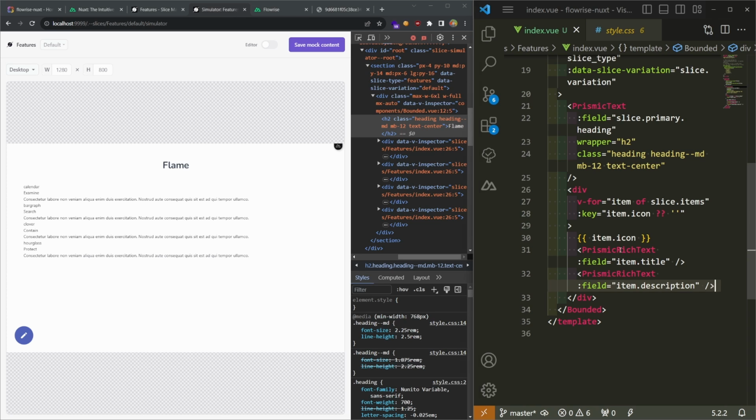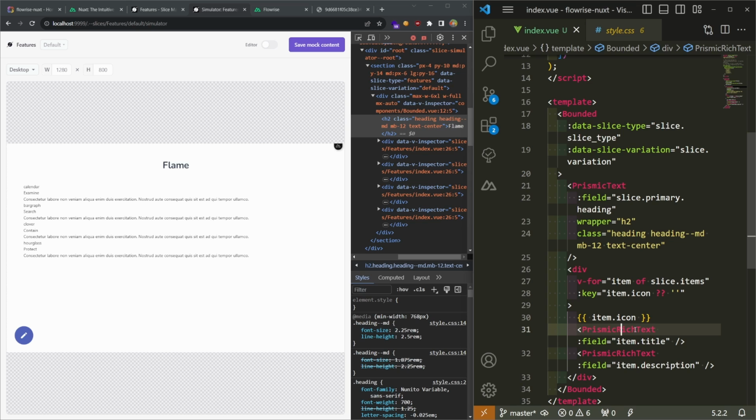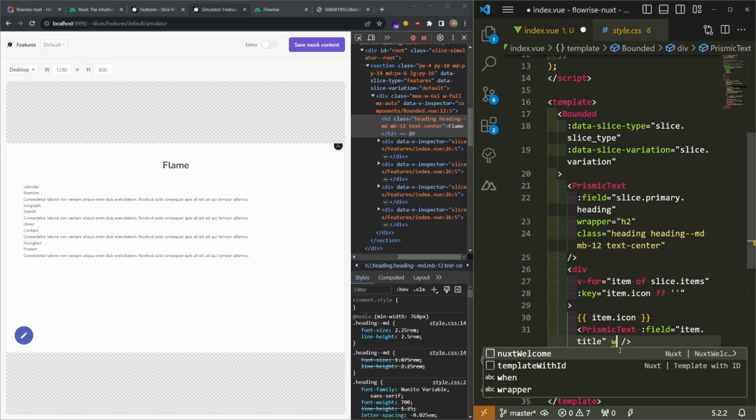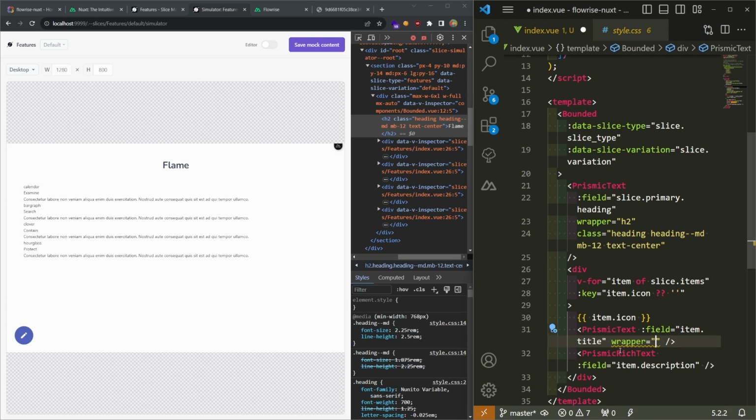So for the title, we'll use the same trick as we did on the heading here. We get rid of the rich, and I will just display it as a Prismic text. I'll display it as an h3, so we'll use wrapper h3. And I will apply my class also on it. So I go class, and this time I'll go heading